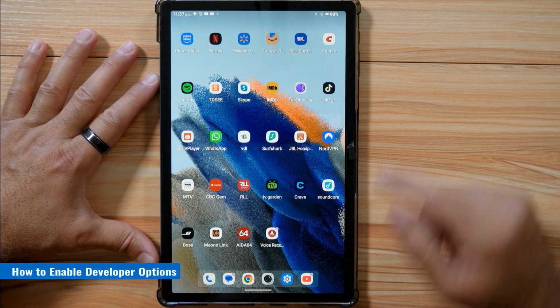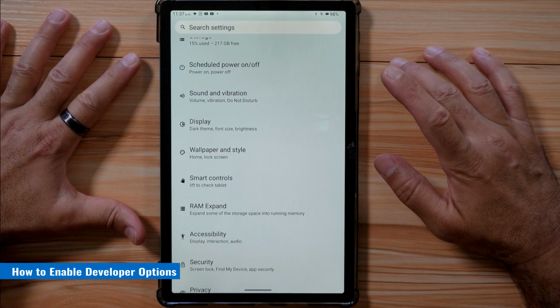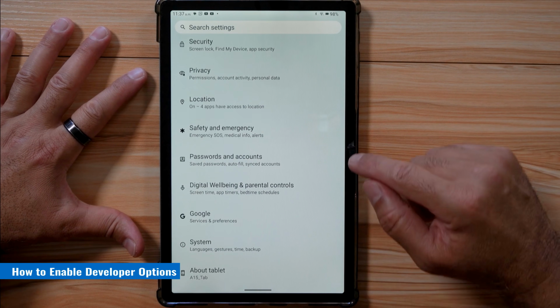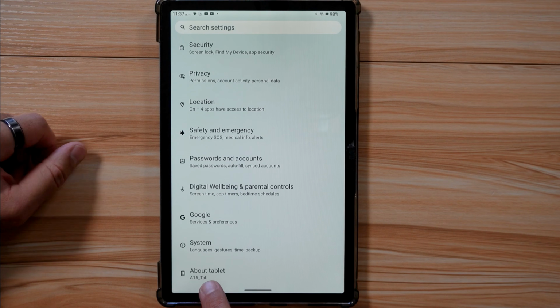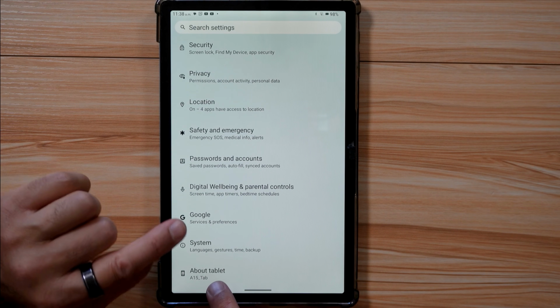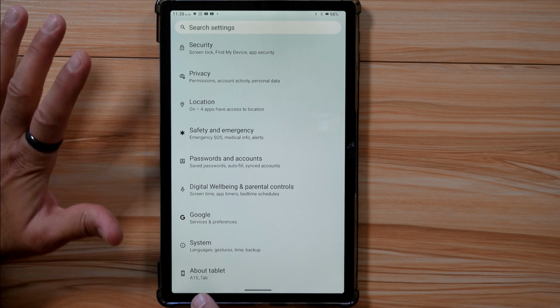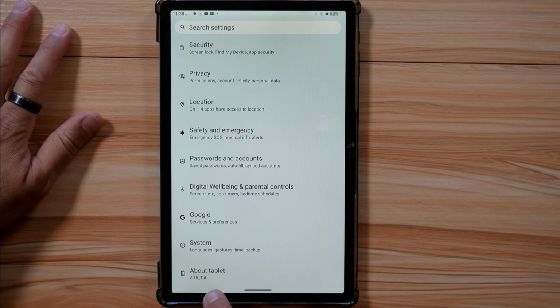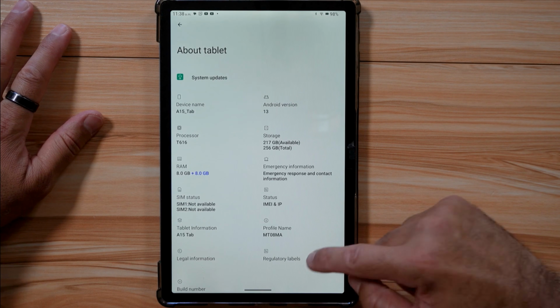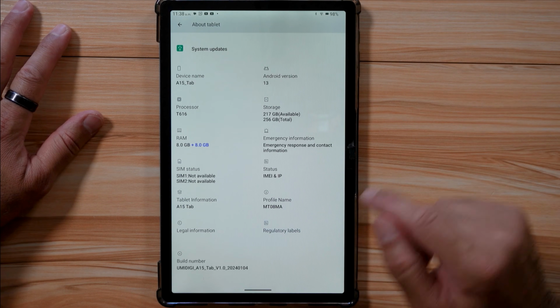The first thing you need to do is to go to Settings, and under Settings, you need to scroll to the bottom to find something called About. So it might differ slightly here, the About, its location from device to device. Usually it is here. So tap on About, and then also scroll to the bottom until you find something called